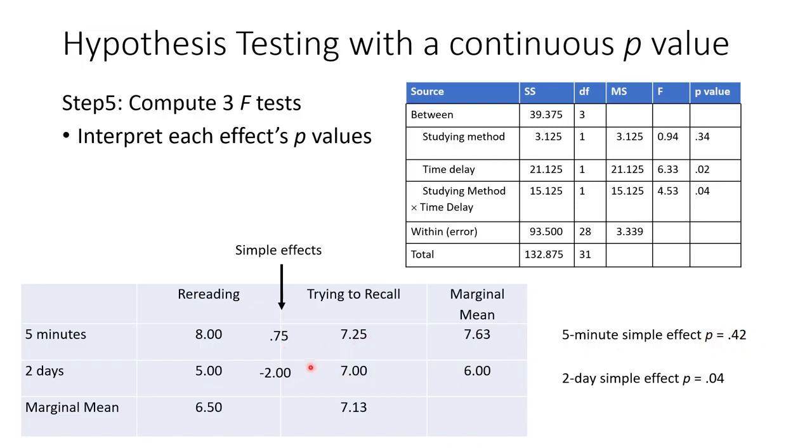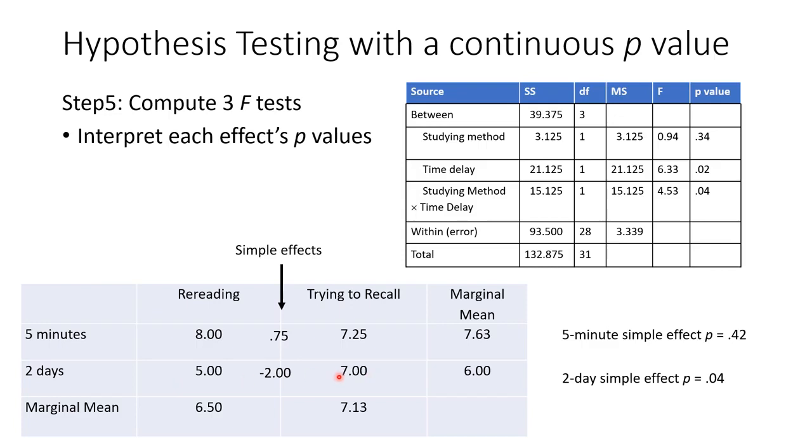this p-value is telling you that that mean difference is not very compelling. It could very well occur due to sampling error. So when there's a 5-minute delay, there isn't compelling evidence that one studying method is any better than another one. However, the story is quite different when it comes to a 2-day time delay. In that situation, the mean difference of 2, that simple effect, has a p-value of 0.04, which is compelling, suggesting that trying to recall things as a study method when the test is 2 days away is a more effective